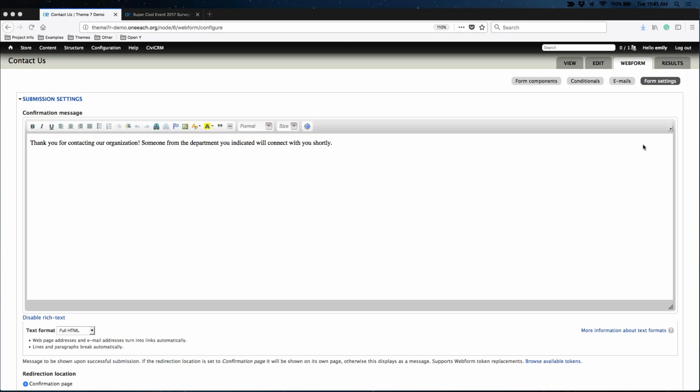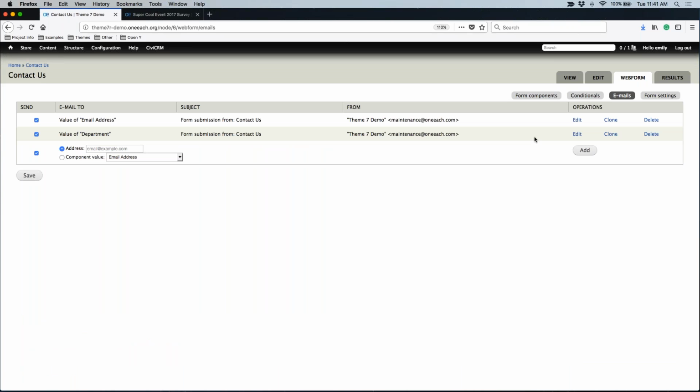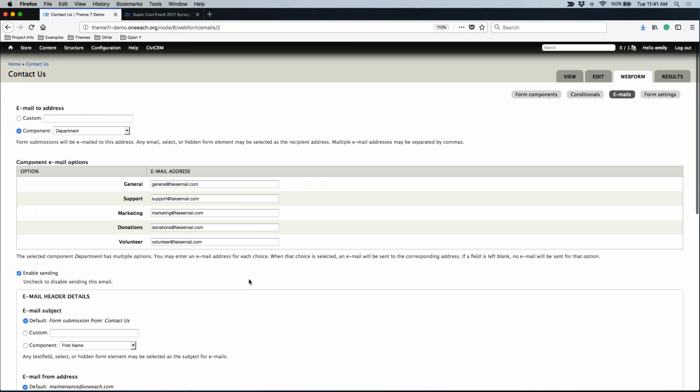So I really like that feature, and I'm hoping people caught on to that, because I haven't even known about that super long. The one with the departments. I think that's really cool. Really cool. So for you, when someone fills out a contact us form, instead of it always just going to one person and them having to filter it out to the right people,